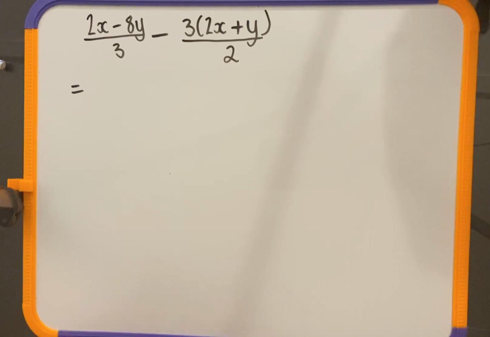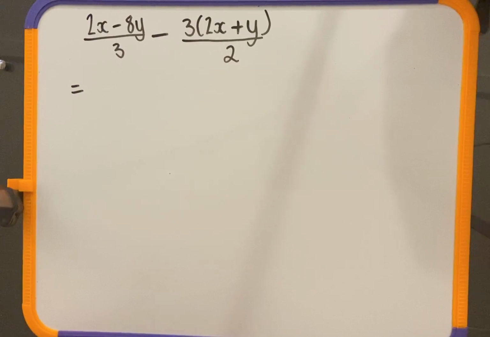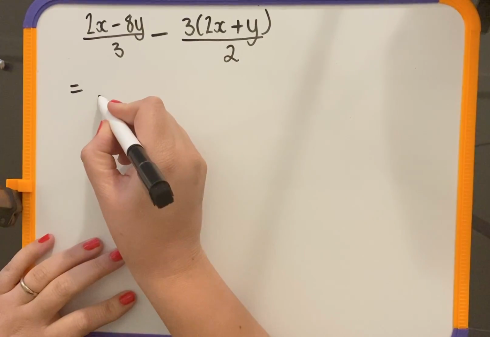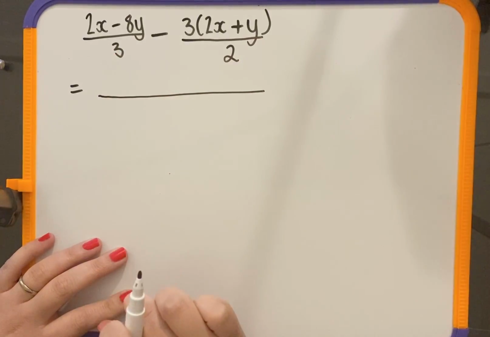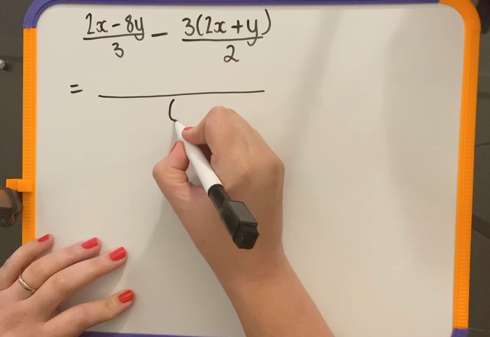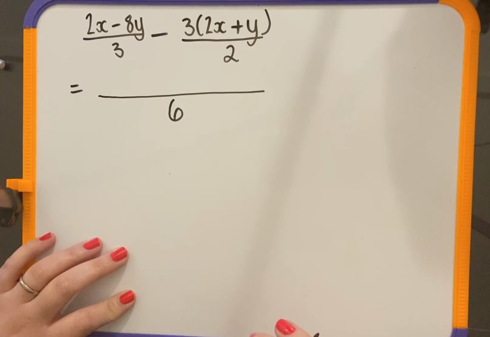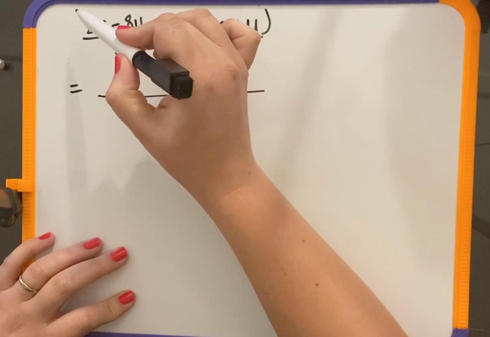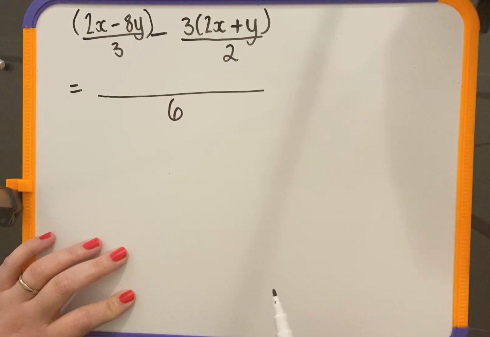So remember, when we were doing this section, we discussed how my denominators are not the same. I've got a 3 and a 2. In order to simplify this expression, we're going to find an LCD. So what do 3 and 2 both go into? They both go into 6. Now remember, if I have a binomial in the numerator of my fraction, I'm going to put brackets around the binomial, because soon I'm going to multiply by both of those terms in